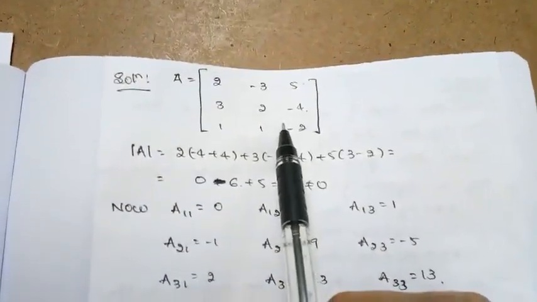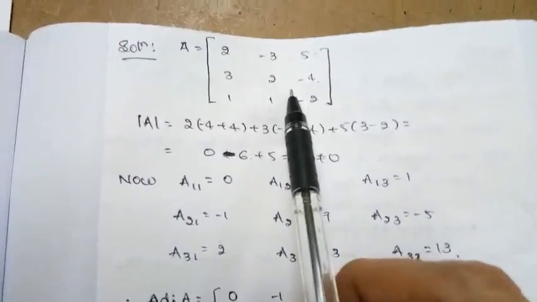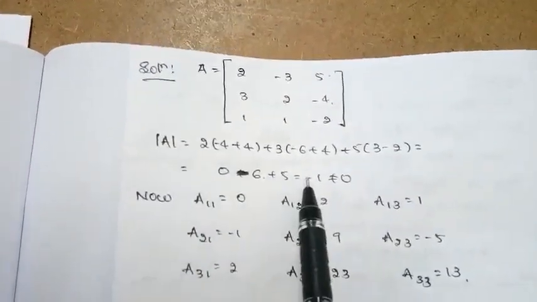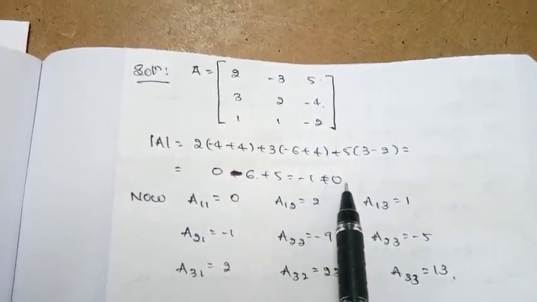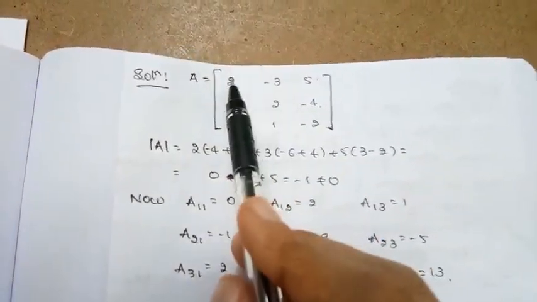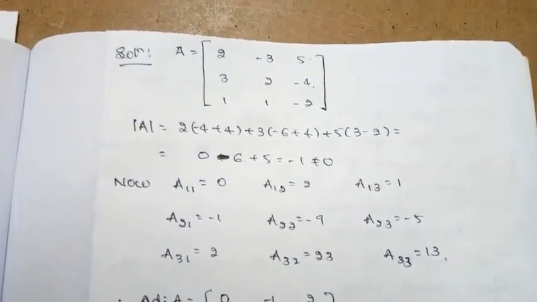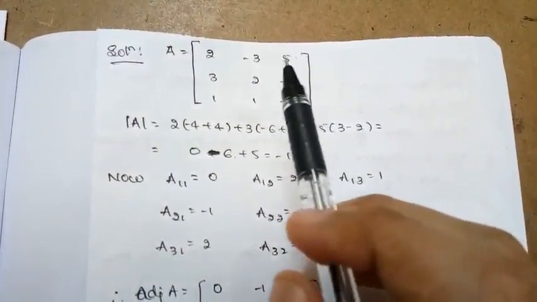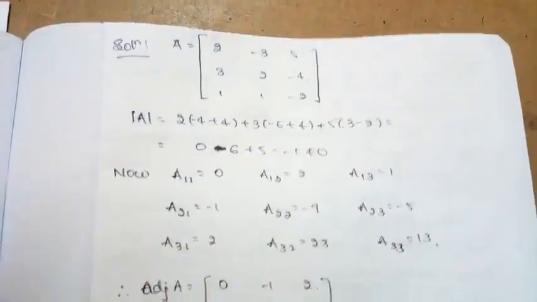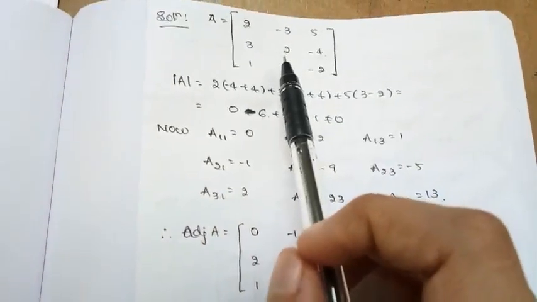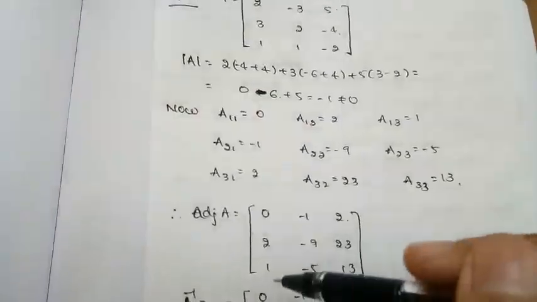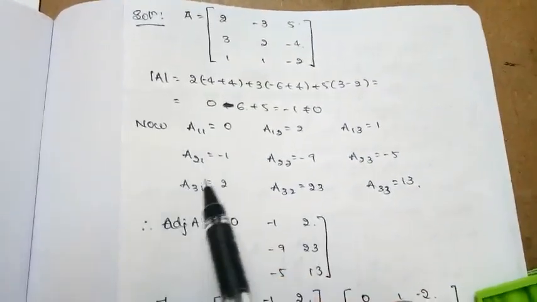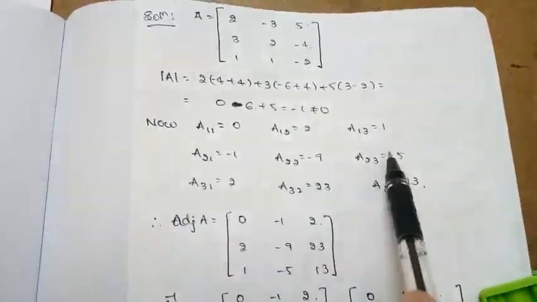So this is the matrix A. Before finding the A inverse we check the determinant value. Here the determinant value is equal to -1, which is not equal to 0. So the matrix A is a non-singular matrix, therefore the inverse exists. So the inverse exists, and now we need to find it. But how? To find the A inverse we need to know the adjoint. To get the adjoint we should know the cofactors of each and every element. So let us find the cofactors of each and every element.